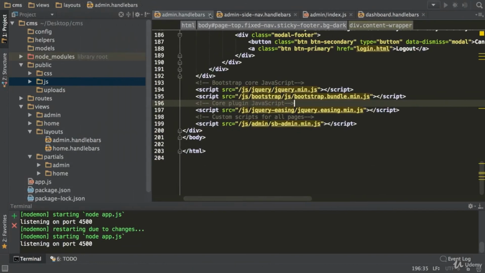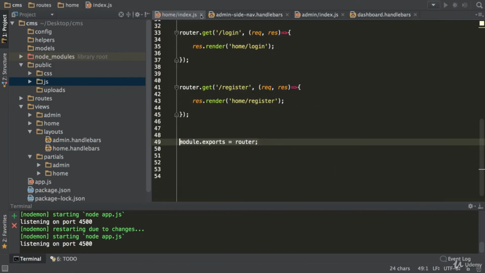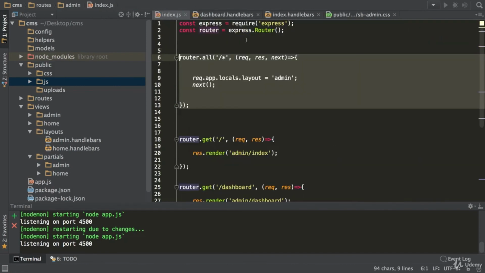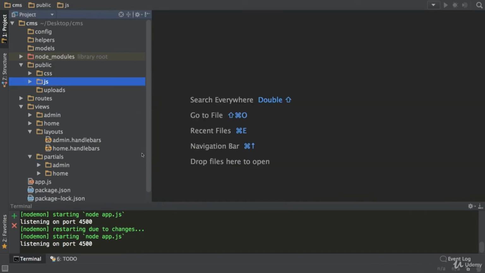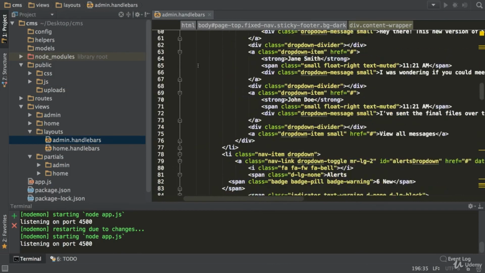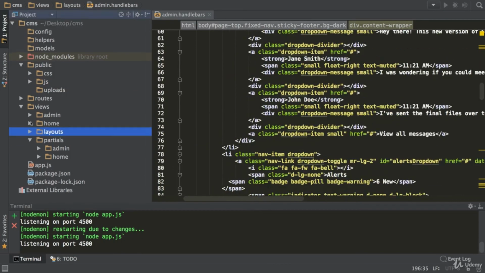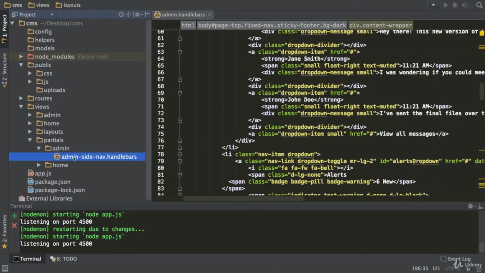So let's just kill all this stuff. All right. Wow, we have a lot of files here, right? This application is getting big by the minute. This is nothing yet. We're going to have a lot more fun. So let's go to layouts, admin. And actually, I always forget, we don't have it in layouts anymore. We have it in the admin site